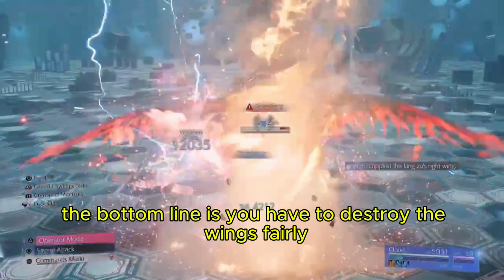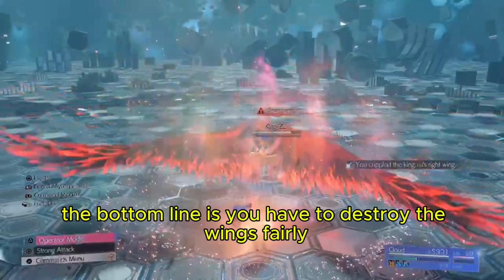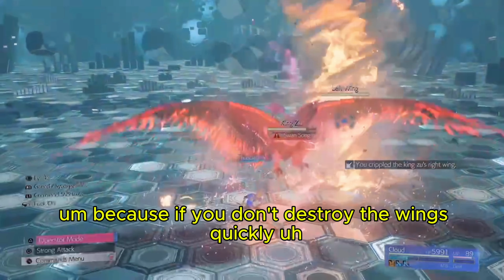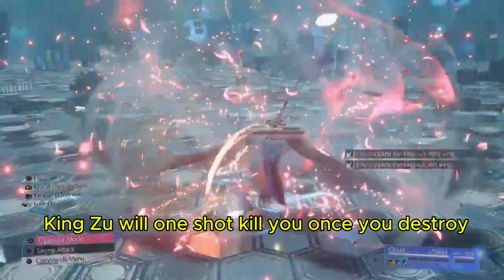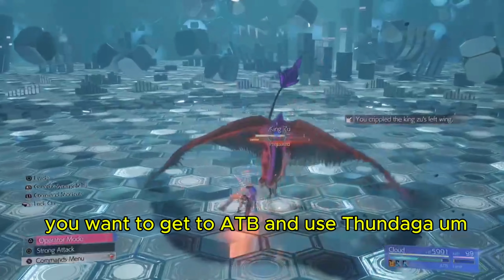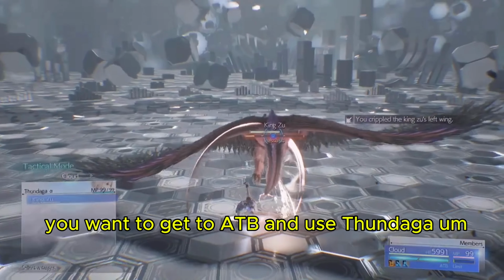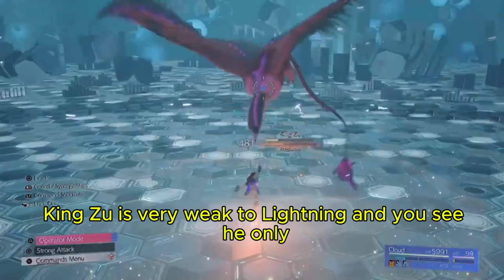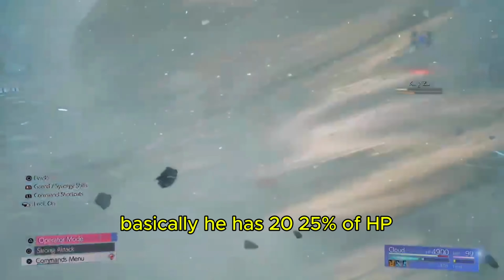The bottom line is you have to destroy the wings fairly quickly, because if you don't destroy the wings quickly, King Zhu will one-shot kill you. Once you destroy the wings, then you want to get 2 ATB and use Thundaga. King Zhu is very weak to lightning, and you see he basically only has 25% of HP there, but he